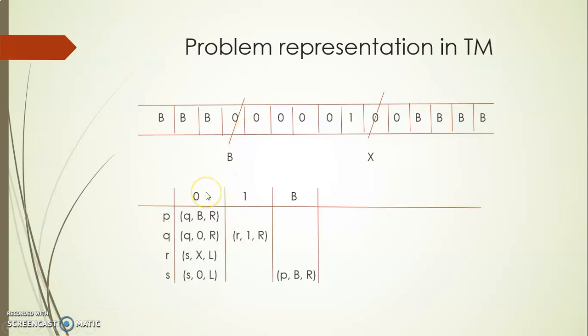So here, this you can understand by yourself. A very easy one. We say that p is the starting state, and what is the starting state's job? It has to convert the 0 that it scans to blank, right? Whenever I change the value of the symbol present in the tape, we are assuming that we are making a transition, but it is not compulsory. So I'm moving to another state, say q, from p. I'm changing 0 to b, and my target is now to move towards the right and find an equivalent 0 on the right-hand side. So q keeps on moving towards the right.